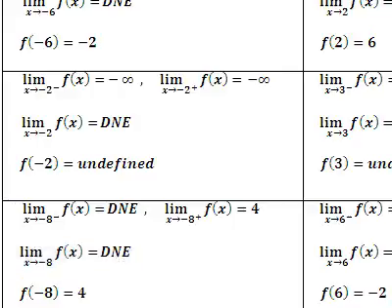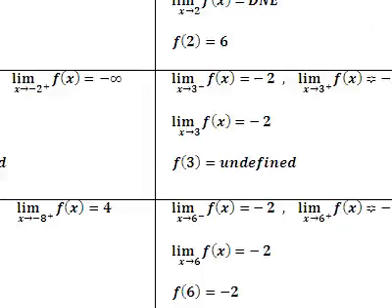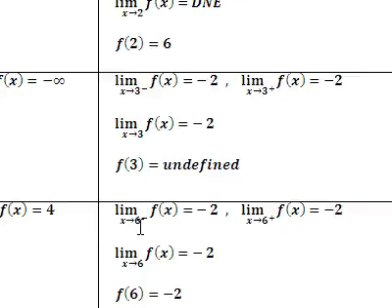Let's look at what our criteria is for them to be equal. Okay, we've got the limit as x approaches 6 coming in from the left hand side. We said it was -2. Coming in from the right hand side, we said it